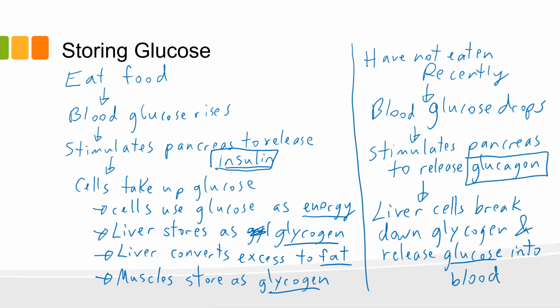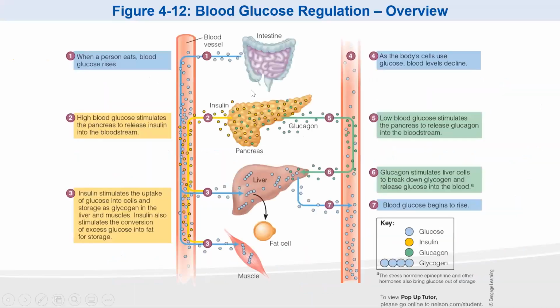So it's kind of important for you to know basically what insulin and glucagon do. And you can see insulin is stimulating glucose to be taken up by the cells. The liver has a couple of roles, and the rest of the cells can either store it or just basically use the glucose directly. Here's the picture from the textbook. It's a little bit more advanced. You can see a little bit more details in there, but if you take a look up at number 1, we have the intestine absorbing the glucose, and down here in the middle we have that pancreas at number 2. It's releasing insulin.